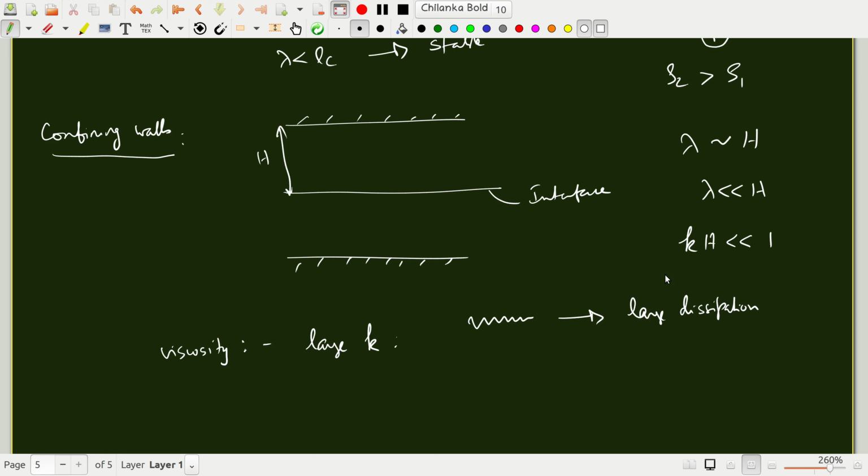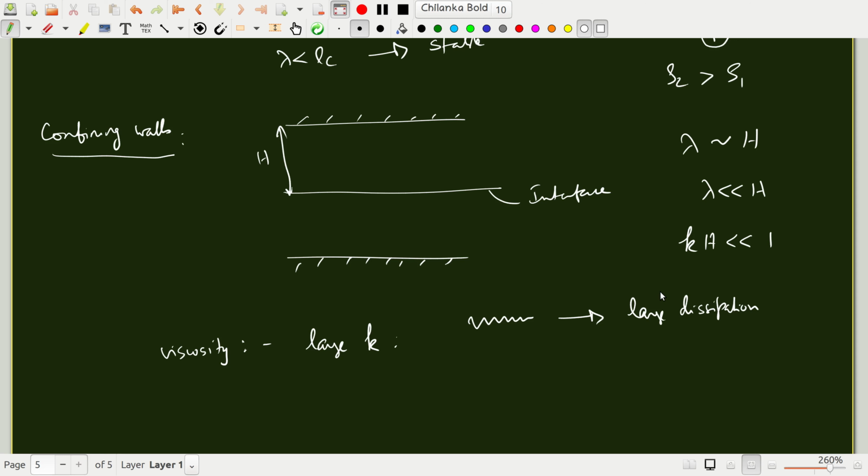So this is the analysis of the Rayleigh Taylor instability, and it is not just seen for the case of a heavier fluid on top of a lighter fluid. Even in the case of a strongly accelerated interface, gravity plays a minor role, and the acceleration of the reference frame of the interface plays the role of acceleration due to gravity. And there again you can see that a version of Rayleigh Taylor instability will be present.